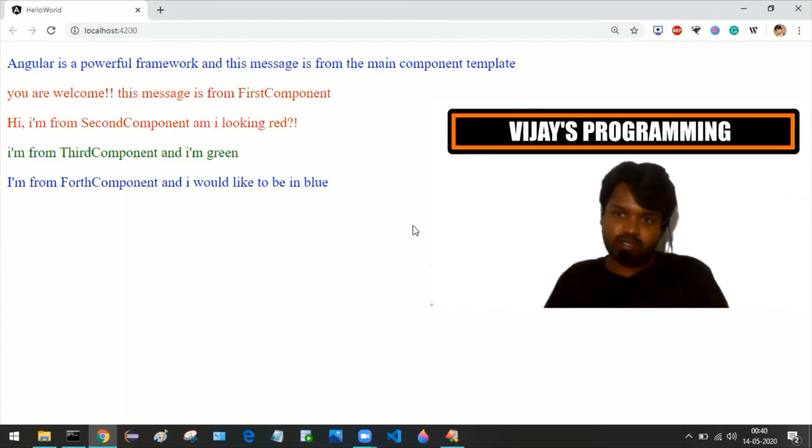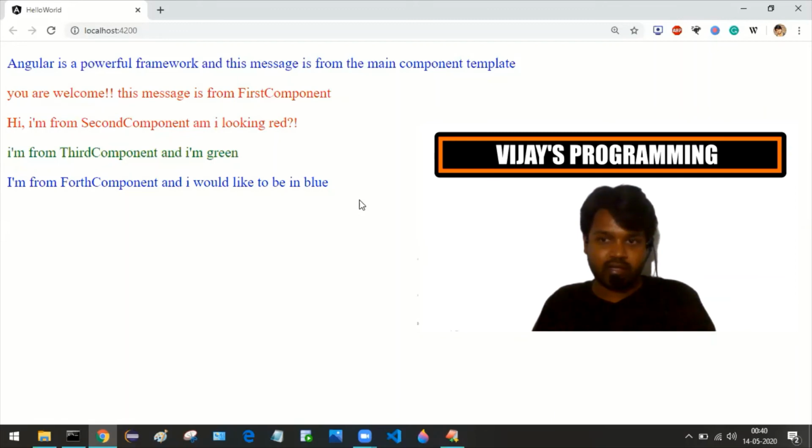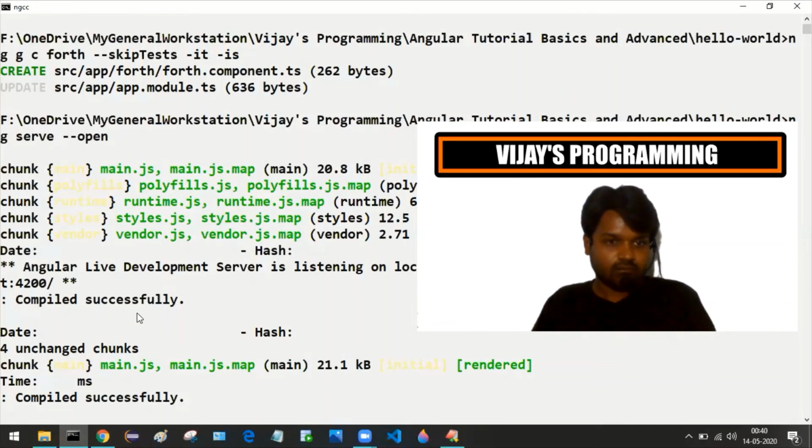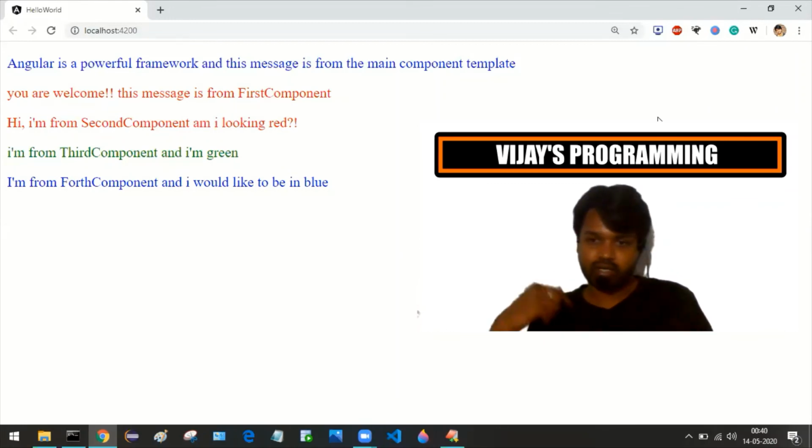So this is how we can use the dash-is option along with the generate component command, right? We have seen how we can generate a component by default with a simple command.